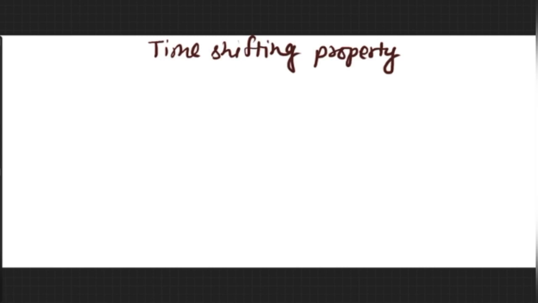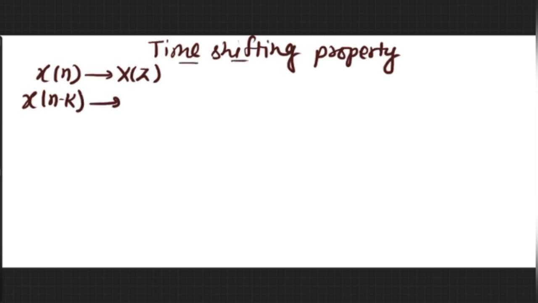Students, today we are going to learn about the time shifting property of the Z transform. Time shifting property means the property which gives us the explanation of what will happen to the respective Z transform if we shift the time domain signal. If we have a time domain discrete signal x[n] with the Z transform X(z), and if we shift this time domain signal,